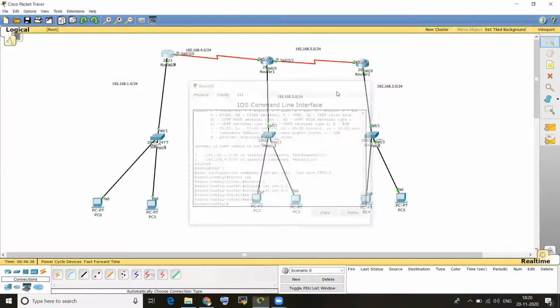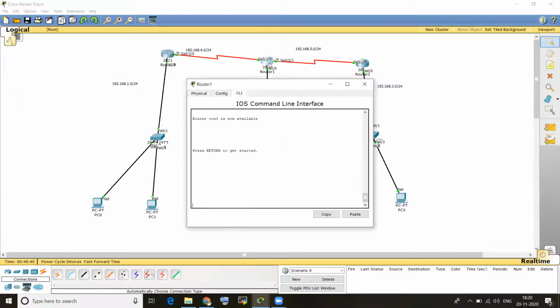Similarly, for the second router there are three wires, three networks, that you have to give. First enable, config terminal, router rip, enter, version 2, enter.